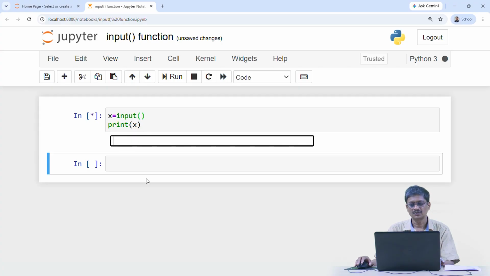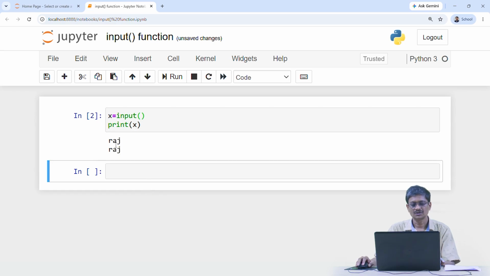Now, if I try to give input any value, let us say I am writing Raj. Once I press the enter key, you will find that Raj, which is an input value, will be stored into a variable which is called x, and this print statement is going to print this particular statement as Raj. Now, since we are able to take input from the user, let us try to manipulate the